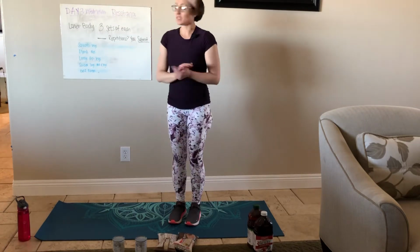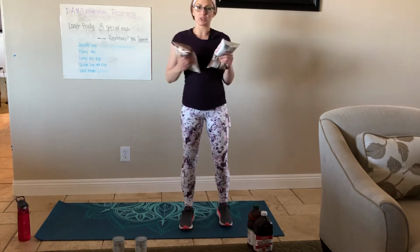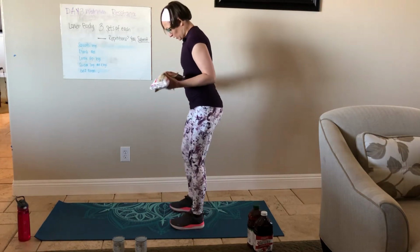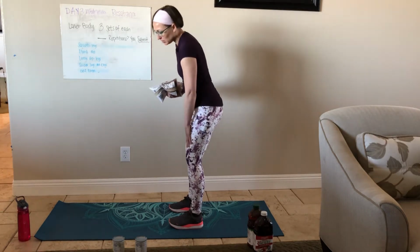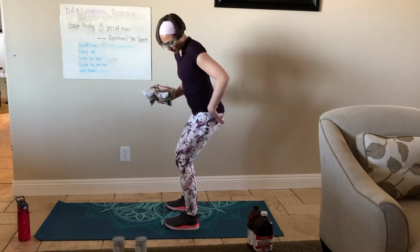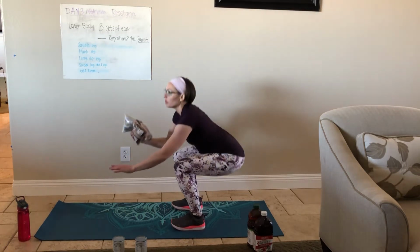With our squats, we are going to use some weights. I'll just start with some lighter weights, 2 pounds, and I'll work my way up. For the squat, if you have knee conditions, like some knee issues, do not go down too far. You're just gonna do a gradual squat or a slight squat. If you want to get a deeper exercise and you don't have knee problems, you can go down into a